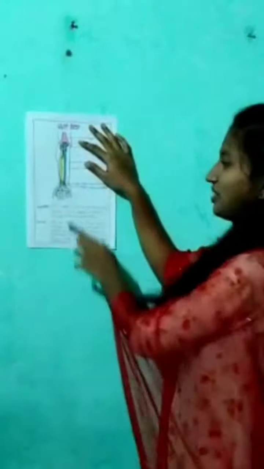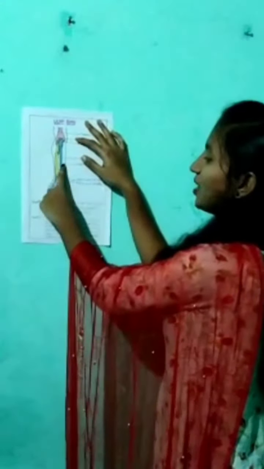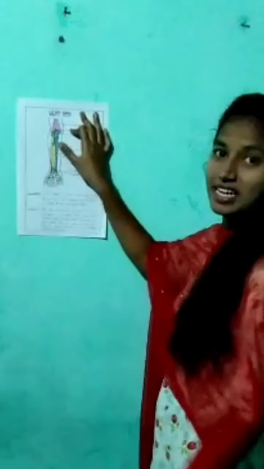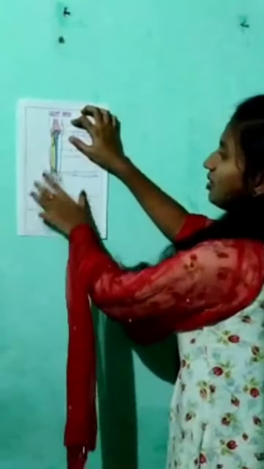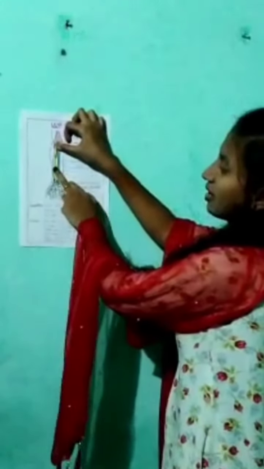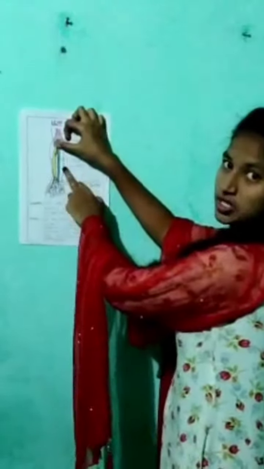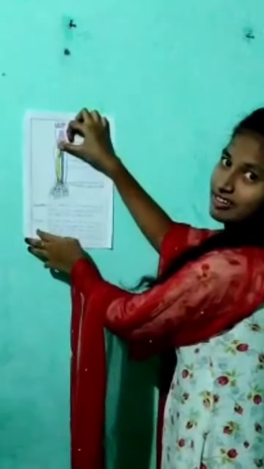Ulna. The blue color indicates the ulnar bone. The ulnar bone is located in the medial forearm. It is the larger of the 2 forearm bones. The main function of the ulnar bone, along with the radius, is to assist rotation. This rotation allows the maximal function of the wrist and hand.